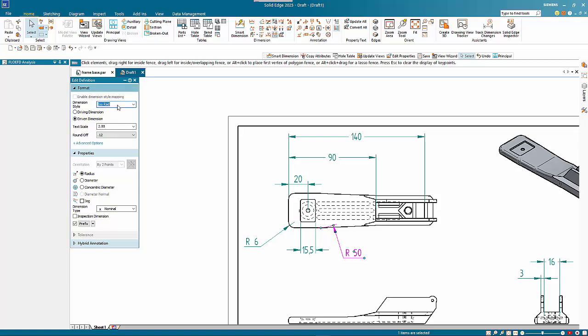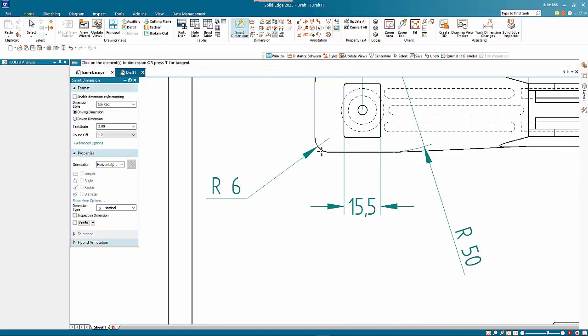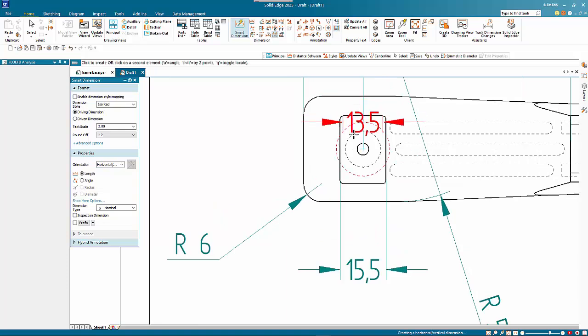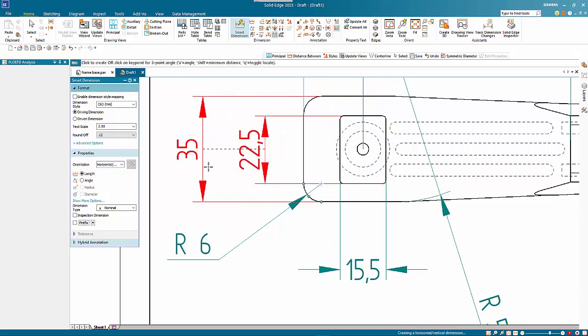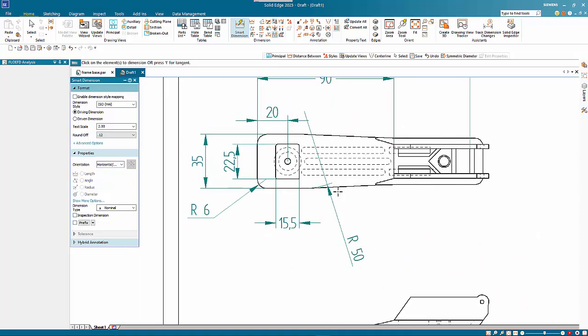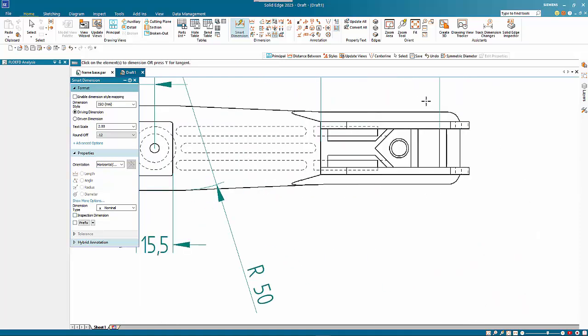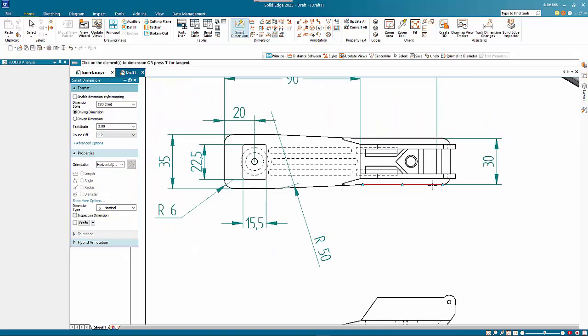So then let's change back to our ISO millimeter, because what I want to do is a smart dimension. So I'm just going to zoom in on here. So I want a dimension between here and here. Sorry, I didn't change that. So you can see the difference here, and it just leaves it a little bit cleaner. And then I can go between here and here and add in this dimension on this end, then the same at the other end. So still using the smart dimension, we can drag that out,